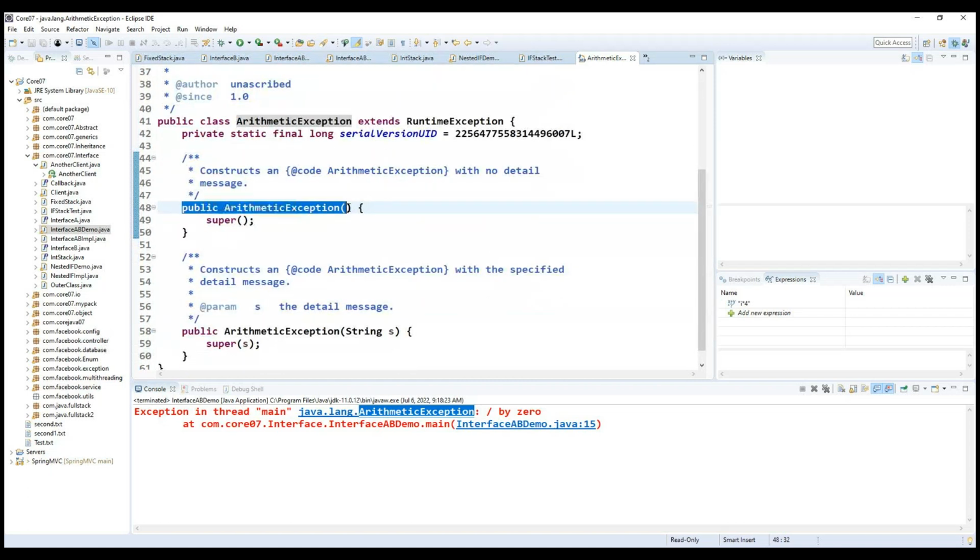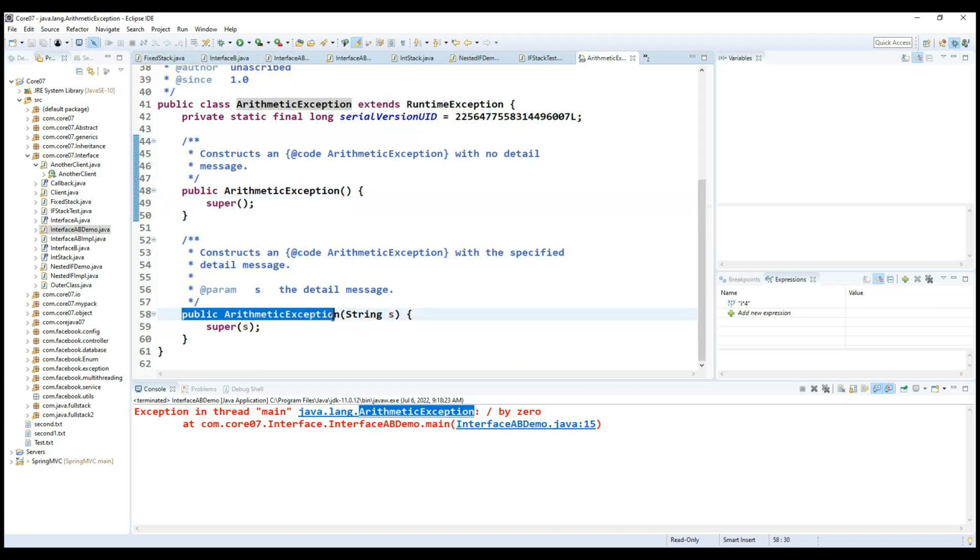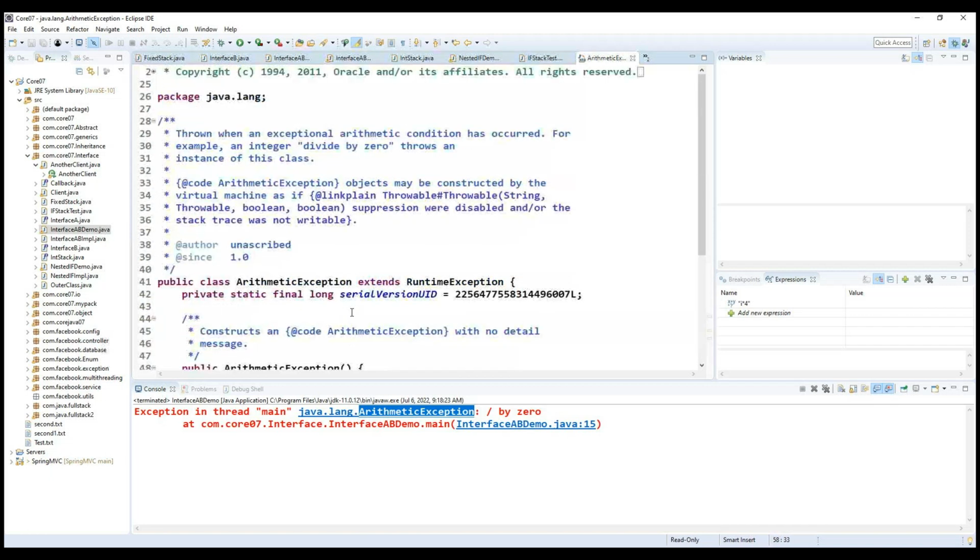Now you can see they define one constructor. It is a default constructor, and internally they are calling the super keyword. This super we already discussed in the previous example. Now this is another constructor. They are providing one parameter, and internally they are calling super, and here you can see they are providing the one parameter. The super keyword, constructors, and extends we discussed here,